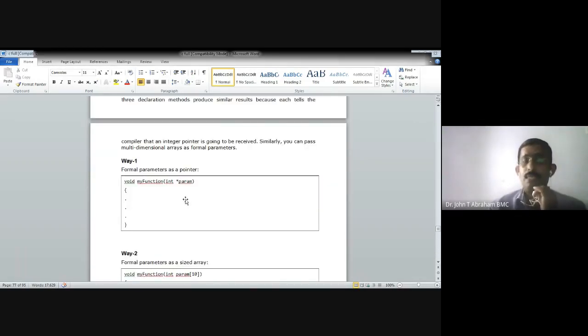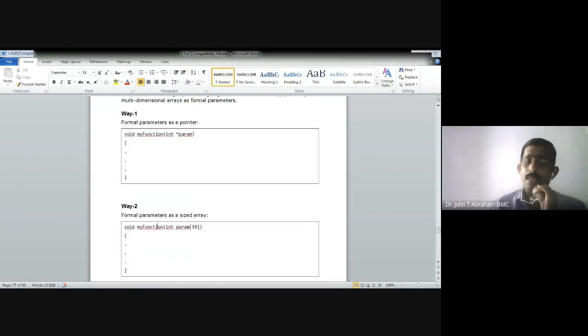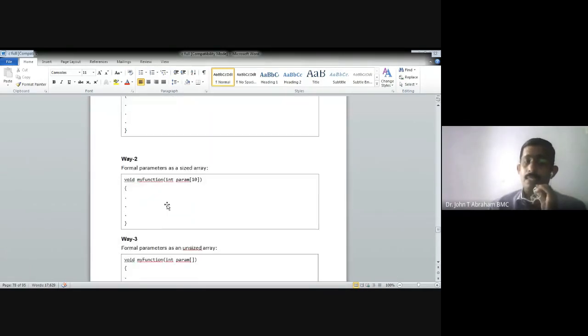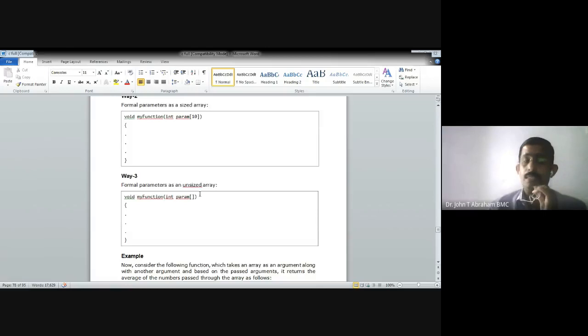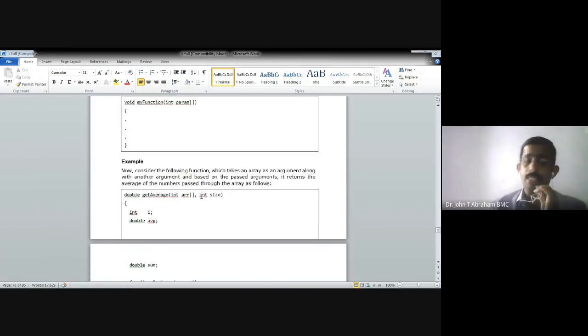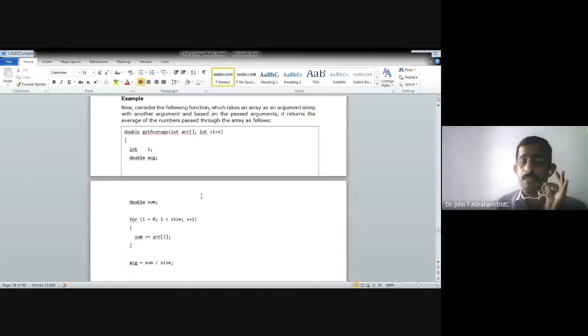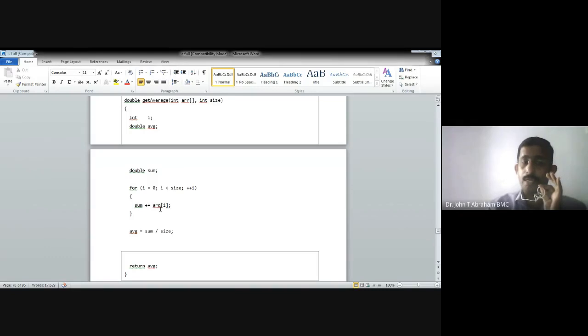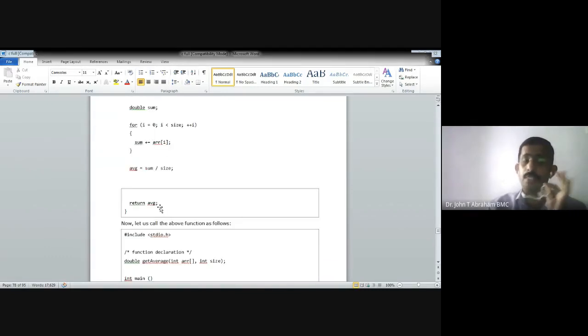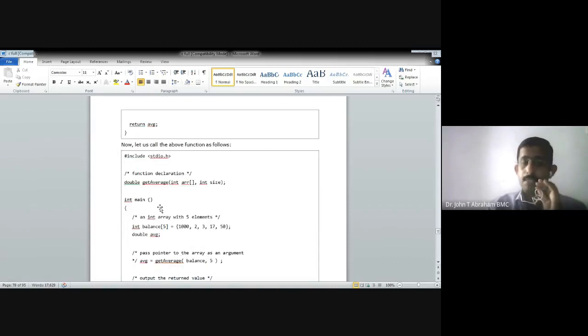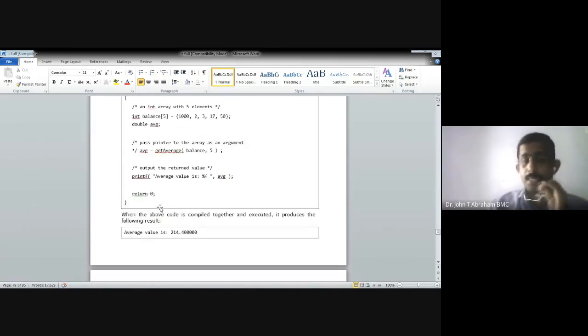That is the first way. We write the function name, and after that, what are the ways we have to use? Then the size, everything we are representing. And just like the other program structures we write, in a similar way we write the function name, and then we write sum plus equals array of I. Whatever values are to be used, we write here. This is the way we can use arrays and functions.